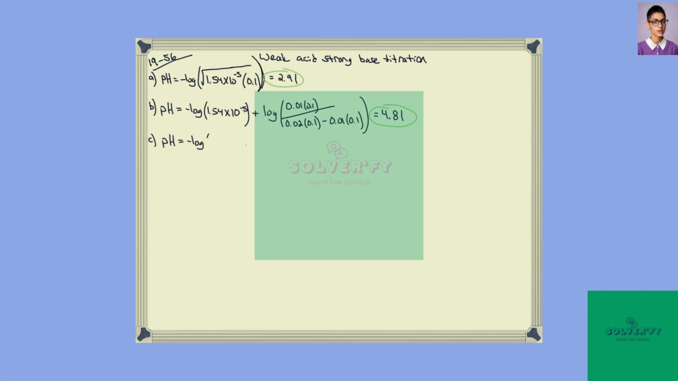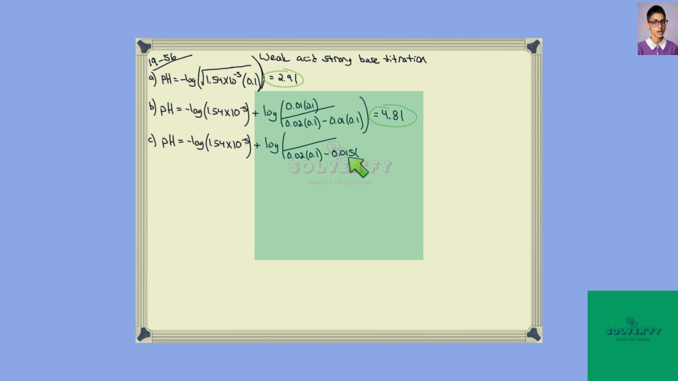Now for the next one at 15 milliliters, we are still pre-equivalence, so we still have a buffer solution and we will still use the Henderson-Hasselbalch equation. It'll take on a format very similar to what we did in part B, where pH is going to be equal to pKa plus the log of the moles of base over the moles of acid. The moles of acid that we will have left will be equal to the moles of acid we start with, which is the full 20 milliliters or 0.02 liters multiplied by the concentration at 0.1 molar, minus the moles that